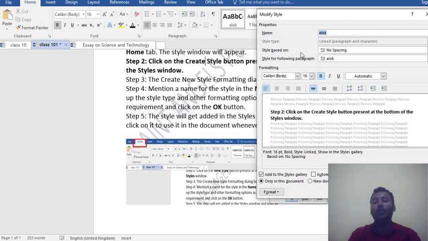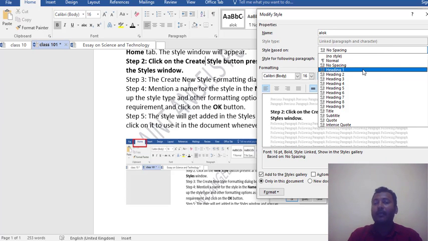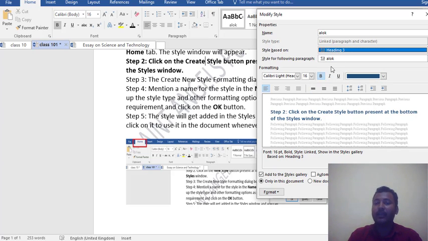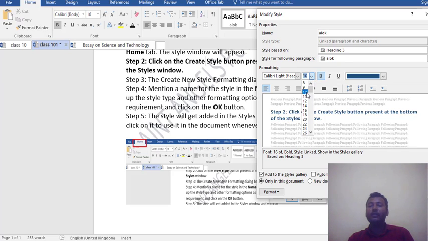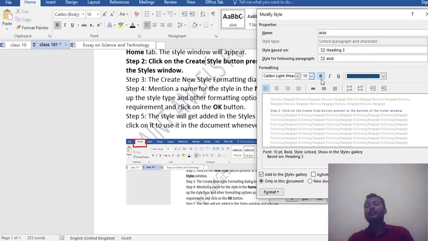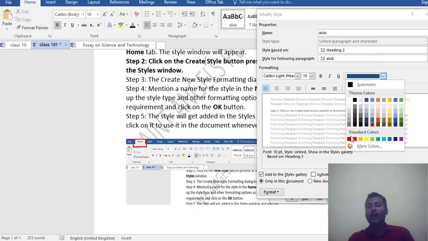First we need to select one of the styles that are already present. So as I selected the first style, Heading 3. Okay, I selected Heading 3. Then we also set the size of the font. Then we select the size of the font as 10, and we select the font in bold. Okay, and we give the color as red.